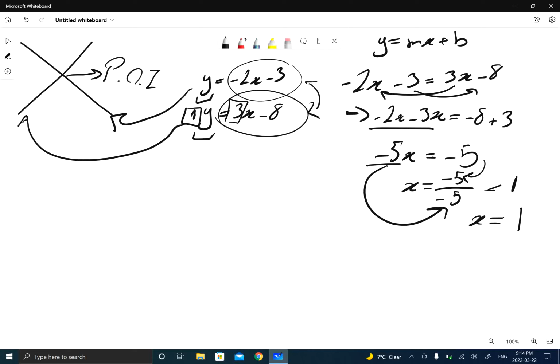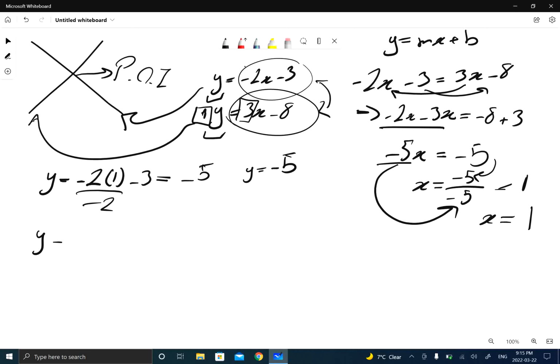So for example, I'm going to plug it into this one. So y is equal to negative 2 times 1 minus 3. As you can see here, this is negative 2, and it's equal to negative 5. So y is equal to negative 5. And if you think it matters which of the equations you choose, I'm going to plug into the other one too. So y is equal to